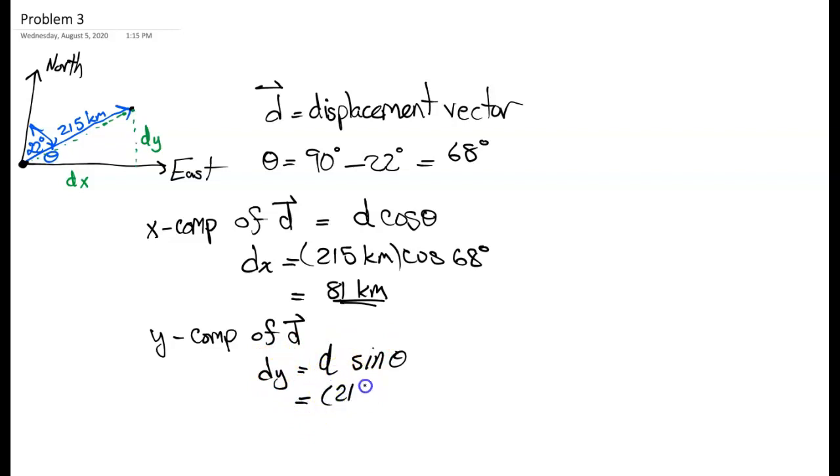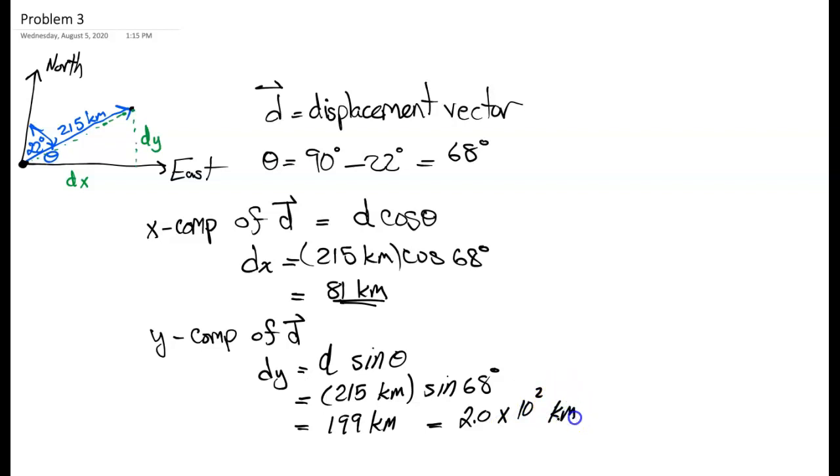And again, applying the values that we are given, we get 215 kilometers times sine of 68 degrees, or this is about 199 kilometers, but to keep with the scientific notation, since we need only two significant figures, this would be 2.0 times 10 to the second